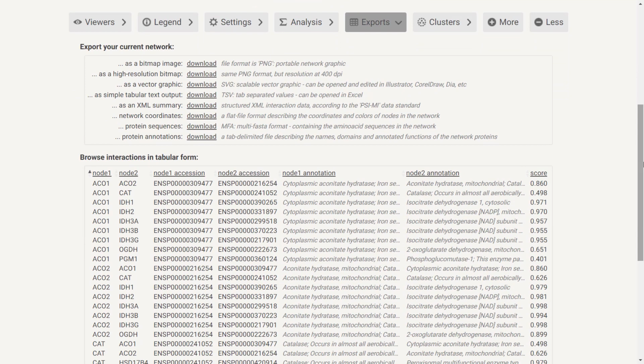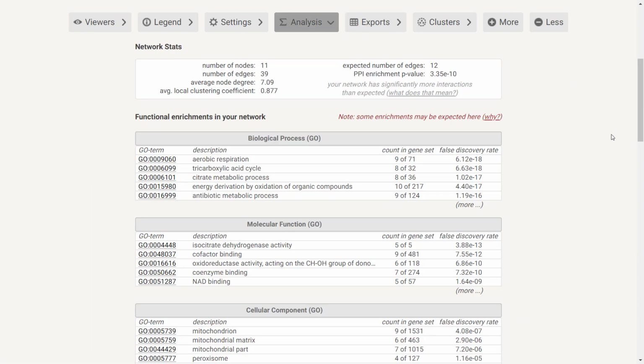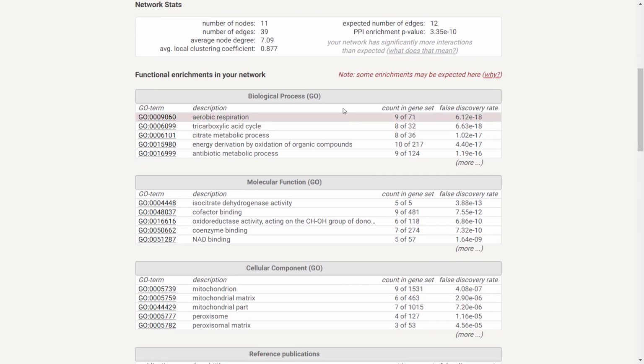We can also do advanced analysis of our network. Pressing on the Analysis tab, we can see whether there are enriched GO terms for each aspect: biological process, molecular function, or cellular component, for all the proteins in our network.